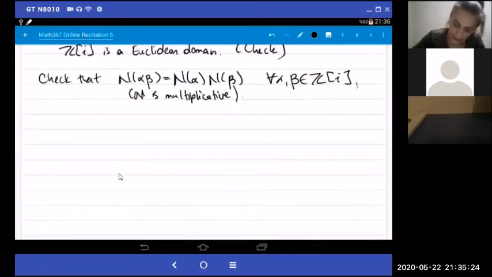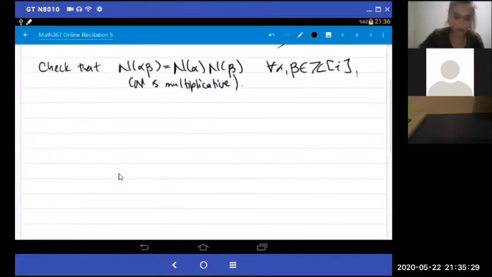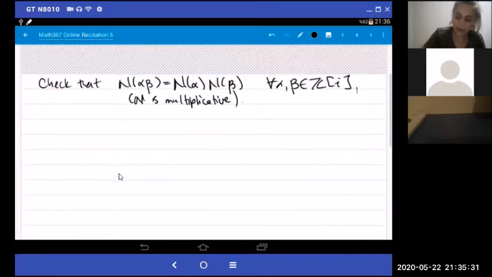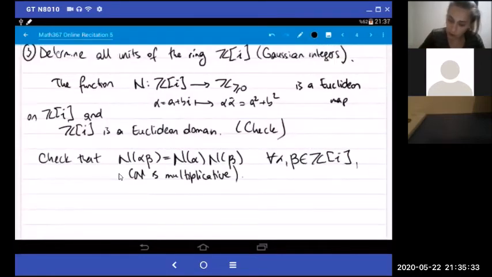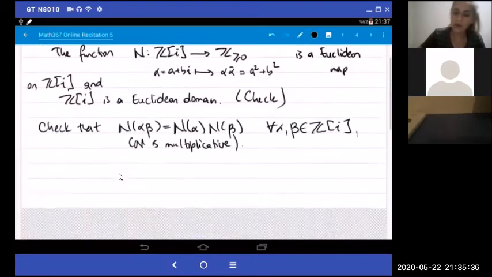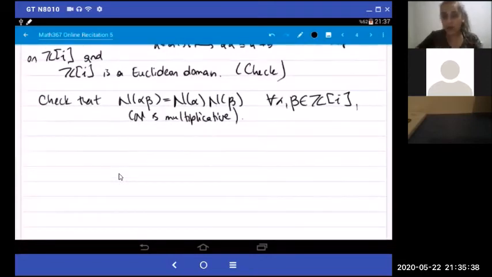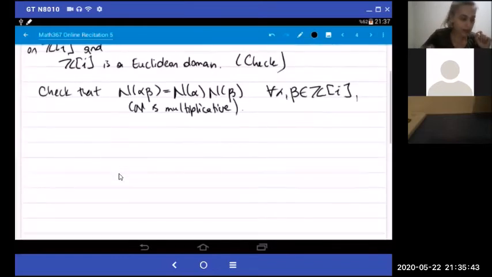Now n is multiplicative. This is some easy exercise, just computation. Now what we're going to show is that we're going to determine all the units, all elements which have multiplicative inverses. First we are going to show that an element is a unit if and only if the image of that element under this Euclidean map is plus or